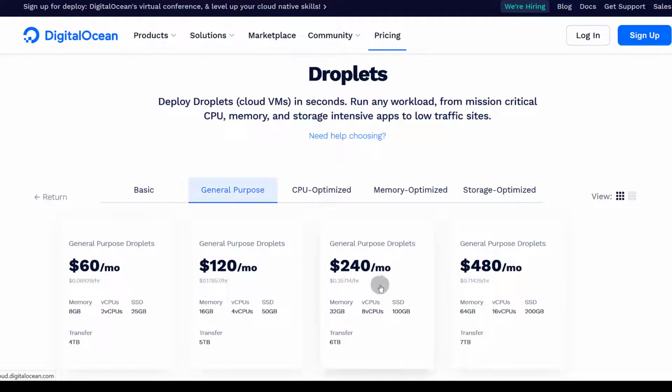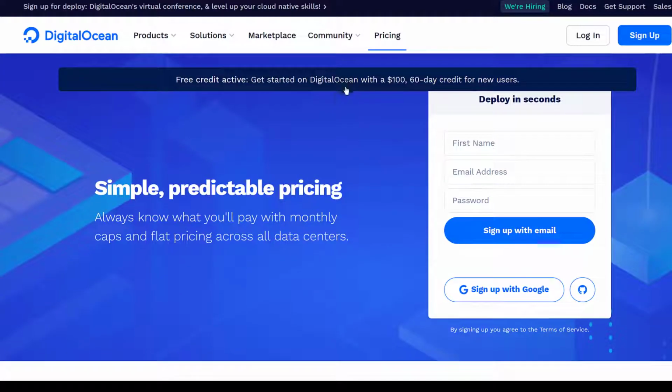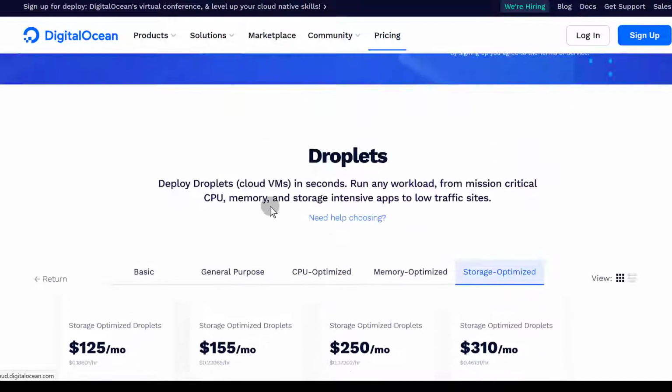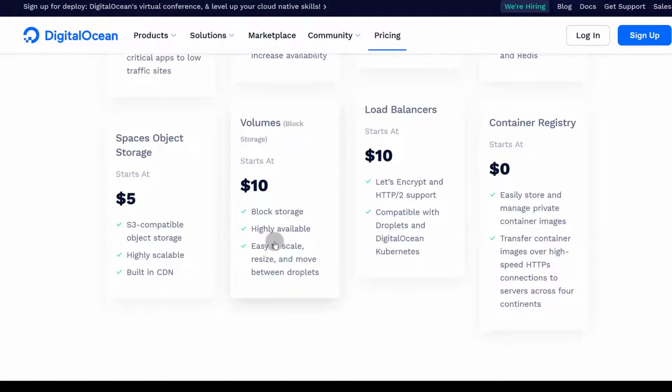Okay, these have always been there, but there are a lot more features here. Like you can have databases. If you go back to, let's just click on pricing, you'll see that there are a lot more options. A lot more things. Okay, I have to click on return, and you can have managed databases. If you don't want to deal with database servers, you have that here. You can also install Kubernetes, and you can have